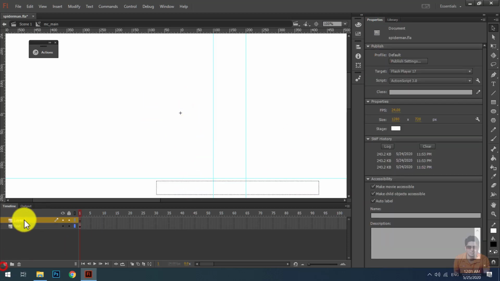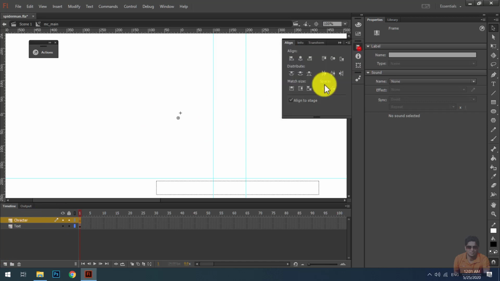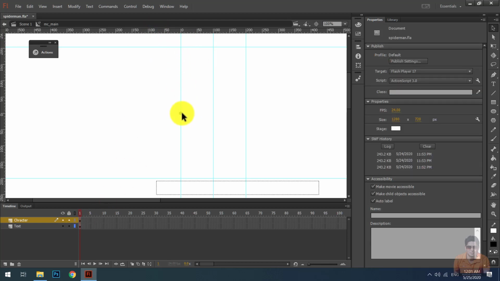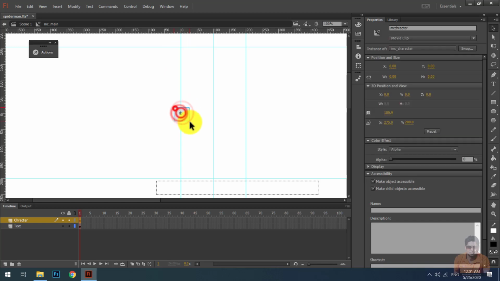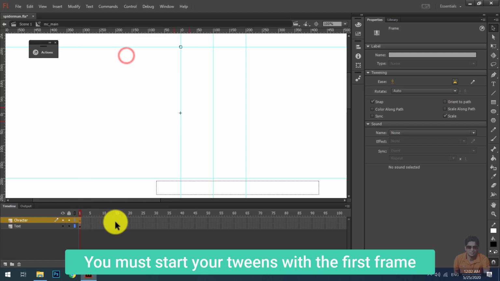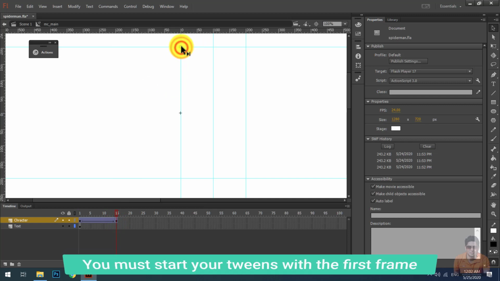new layer called character, and I'm going to place this at the top edge and left edge corner inside of this movie clip, and I'm going to arrange the rulers here. This is the MC character movie clip in the 0 position, top edge and left edge, and I change the Y position to 200, and going to create the classic tween